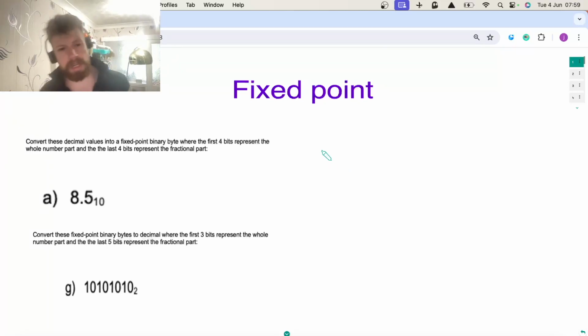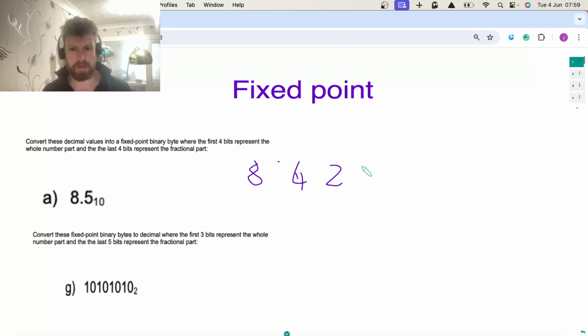So fixed point is essentially normal binary to denary conversions, but you've got a binary number with a decimal point in there. So if we put our numbers in, it says 4 bits for a whole number. So 8, 4, 2, 1. Now you can put fractions, or here it's got a decimal, so I'm going to put a decimal point there, and then we're going to put 0.5, 0.25,